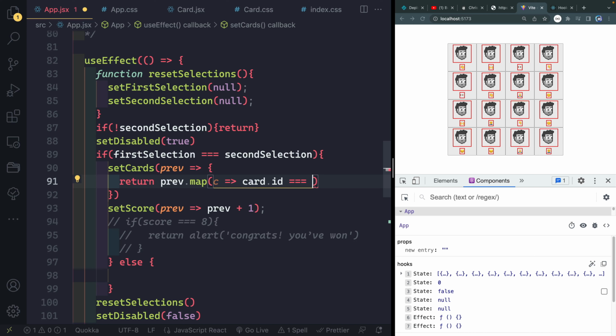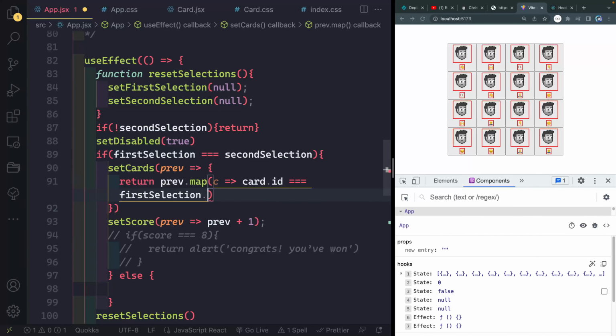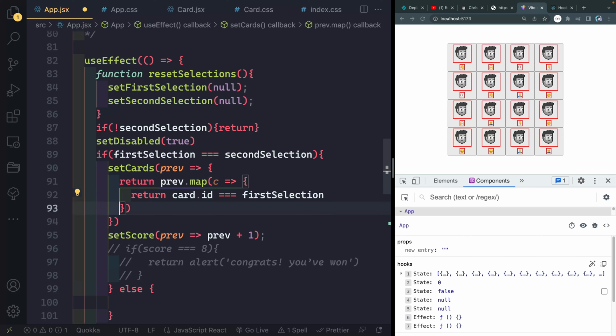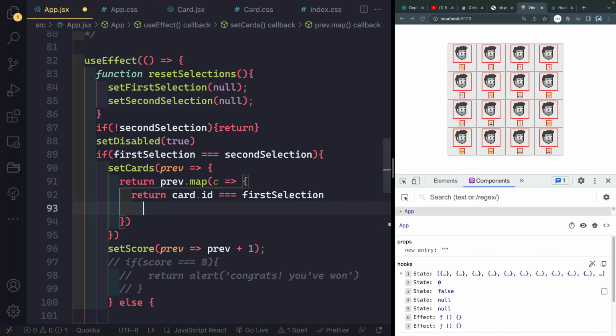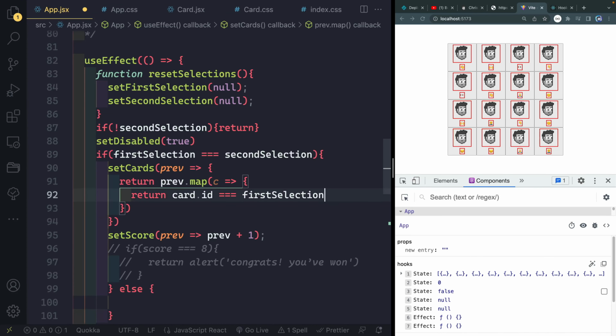the, let's see, the first selection, right? First selection dot, just the first selection should be that same number, right? Okay, so if that's the case, and maybe let's space this out. All right, so I'll just return instead of implicitly returning. And I'll ask this. If it equals that,